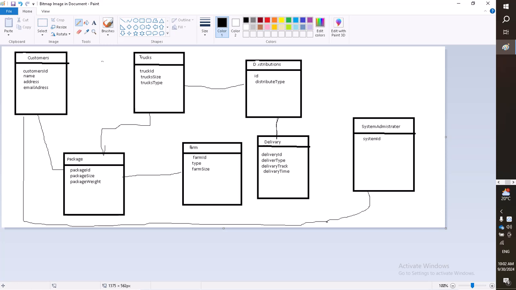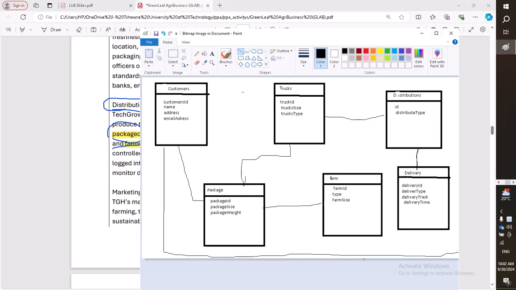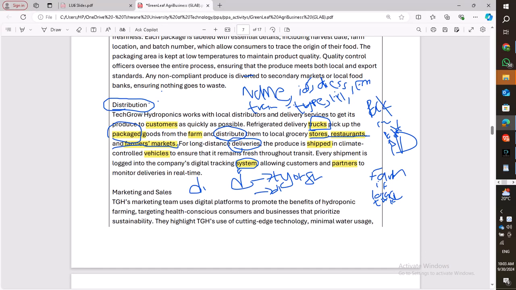Okay, what else? Did we forget about the other one that we left that interacts with the system? Okay, so now we're adding, I think it was the partners. Okay, what was that? The partners. Okay, that one was interacting with